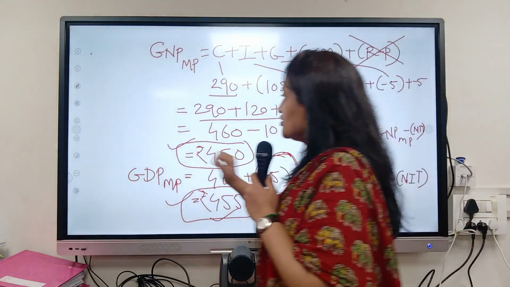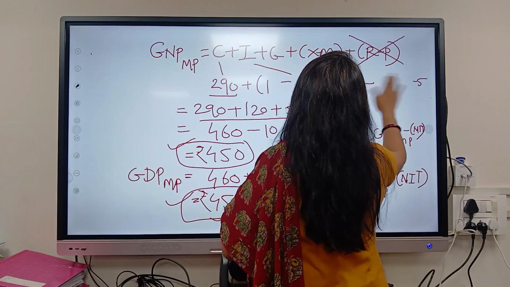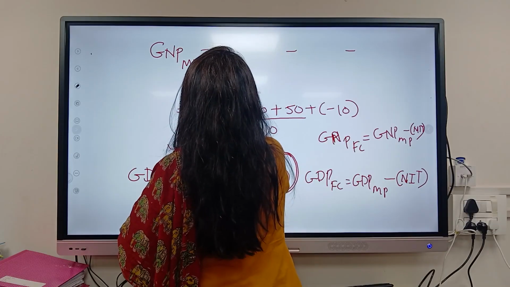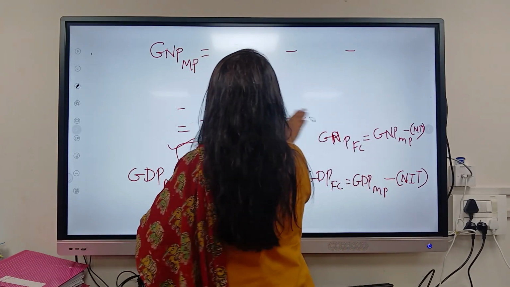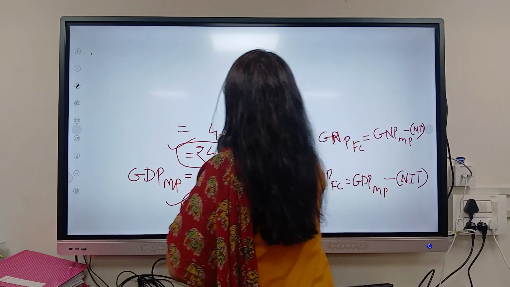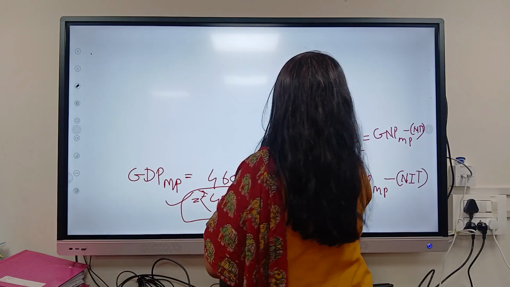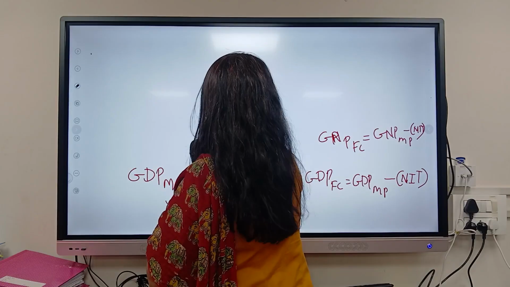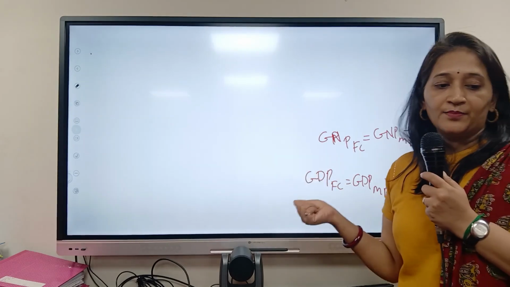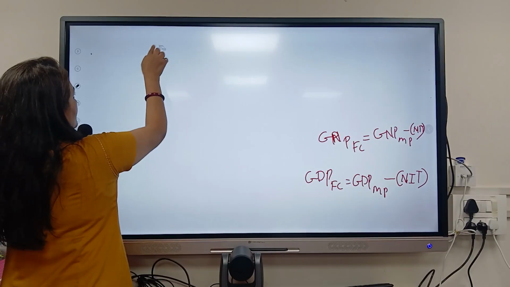Let's do this calculation as well here itself. So for that, I'll just remove some part. Since you have done the copying of all these answers, I'll simply solve this sum here. 450 was the GNP at market price, and 455 was the GDP at market price. So just putting these values, let us see.